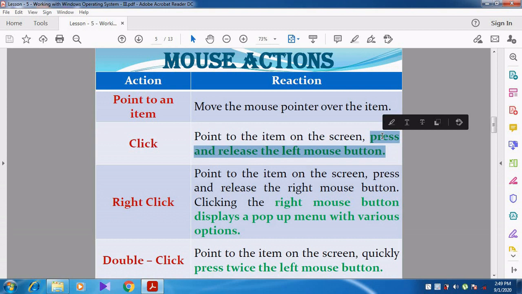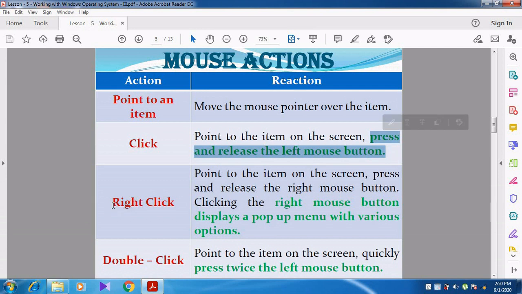That is called click. Click means we have selected a particular file or folder or any application. It may be any file or folder; point to the item, press the left mouse button, and release it. Just click on the item.